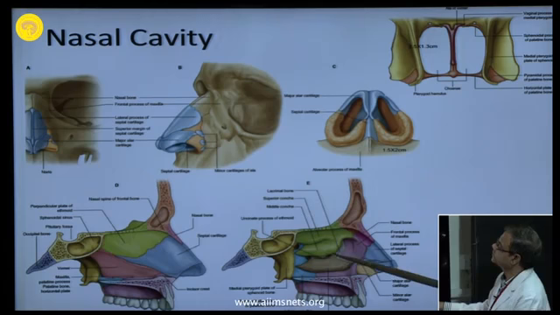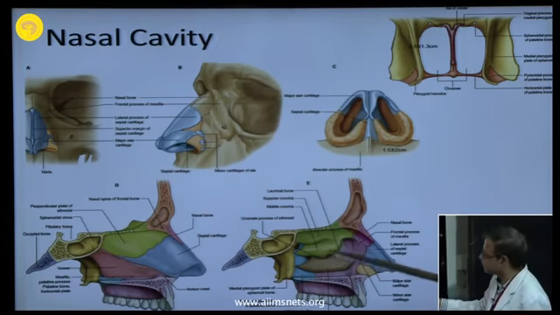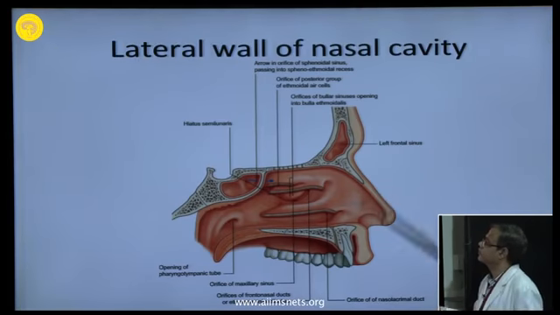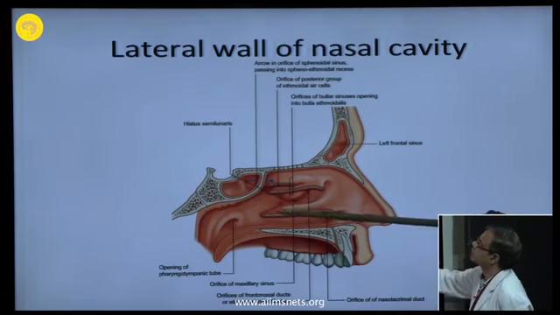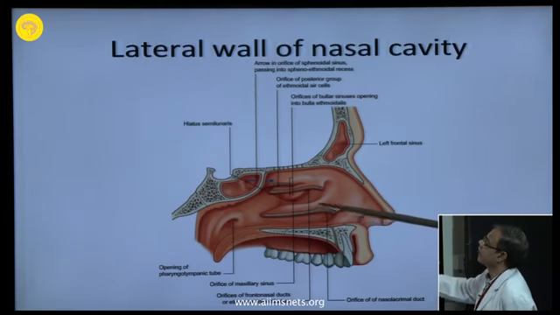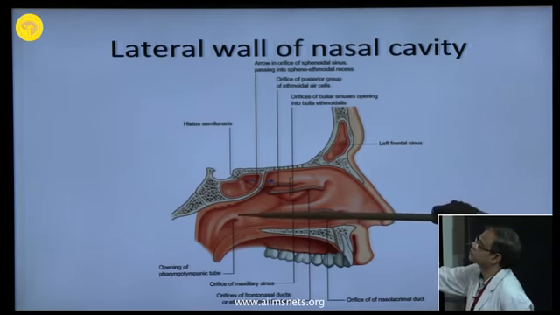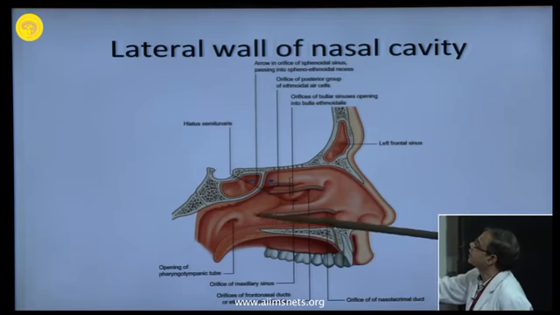Then what happens, this hiatus is normally closed by the uncinate process of the ethmoid bone; there is one foramen, and posterior to the ethmoid bone, another foramen is there. So, that is the main opening of the maxillary sinus into the inferior meatus. The anterior foramen is normally closed in life. The mucosa is very important, because the mucosa is highly vascular. So, when you introduce your endoscope, you see the inferior concha, and below the inferior concha you see the inferior meatus, and in line with the inferior meatus, if you go more posteriorly, you will see the eustachian tube. It lies just 1.25 centimeter behind the inferior nasal concha.